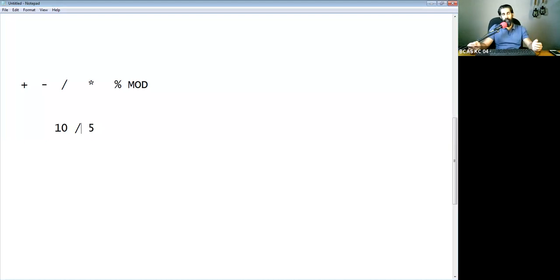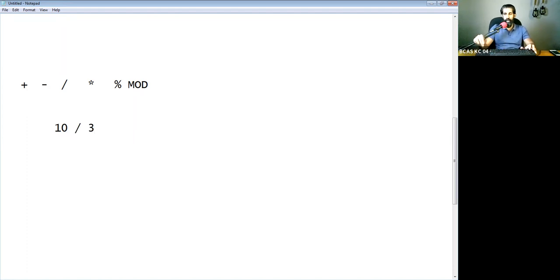So now you know, because 10 can be evenly divided by 5 without any remainders, that is why we didn't fall into any problem. But if we change the operands, now we have 3 here. If you put plus, that is 13. If you put subtraction, that is 7. If you put multiplication, 30.